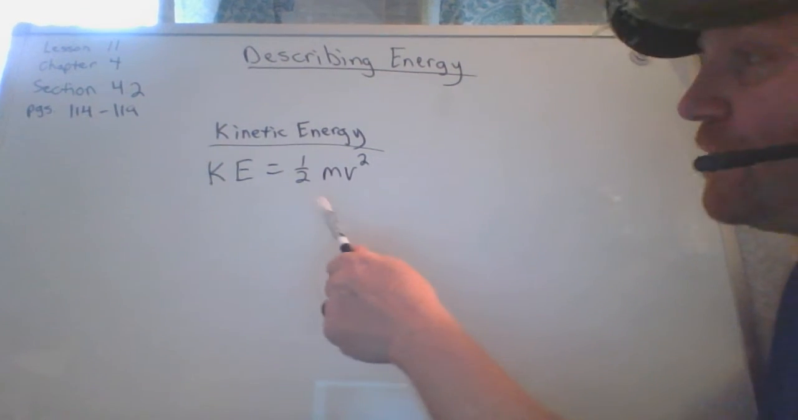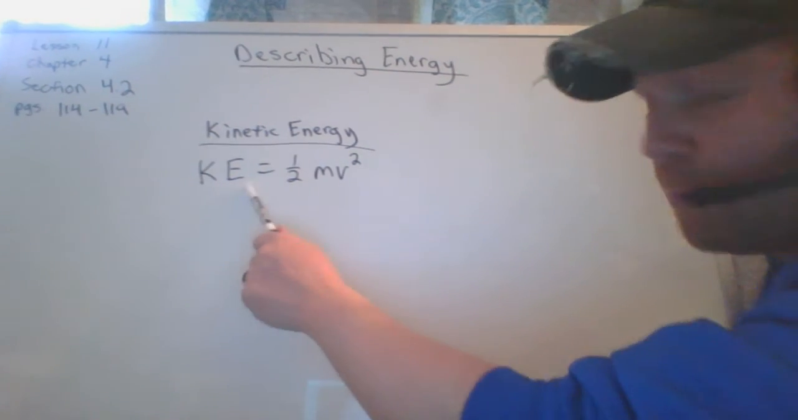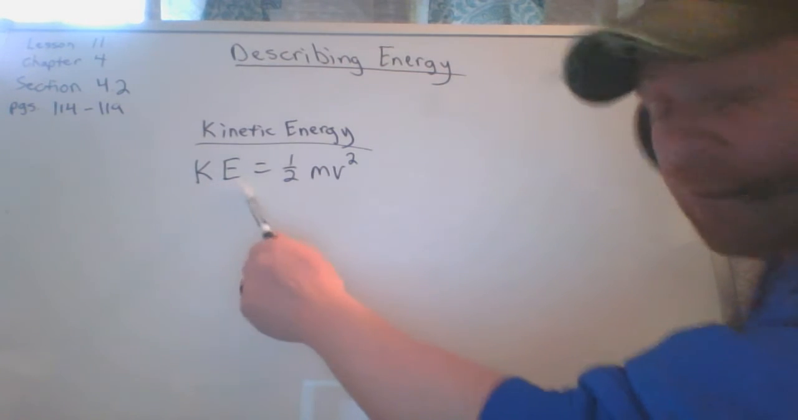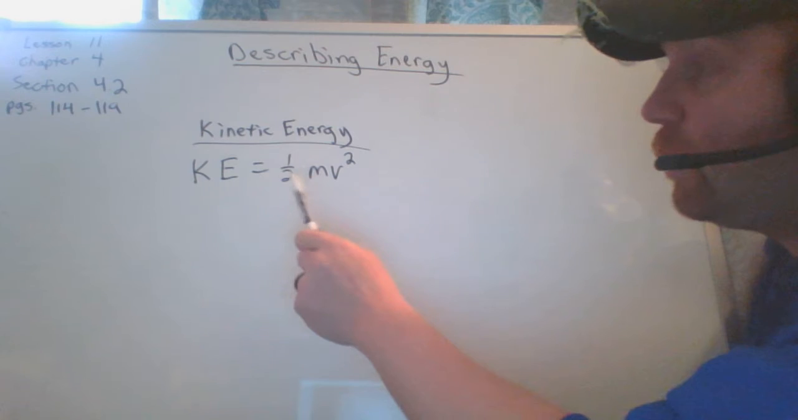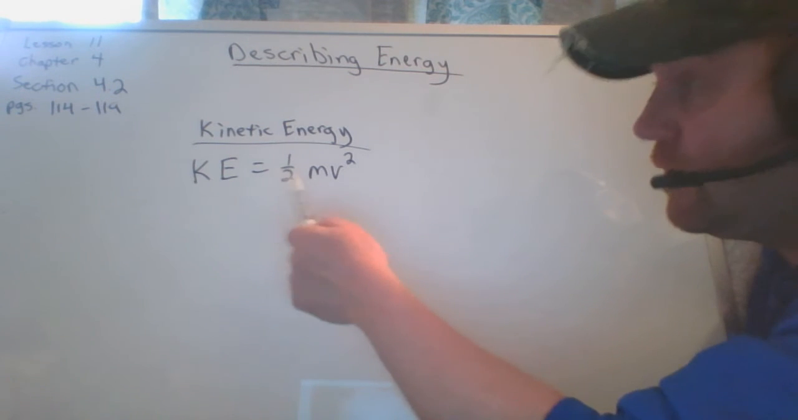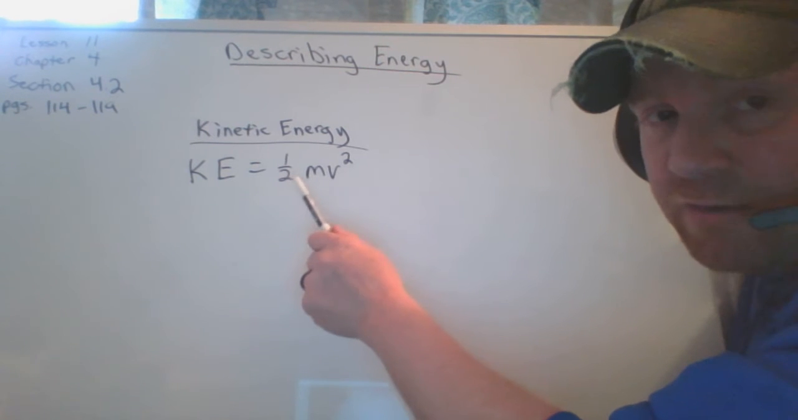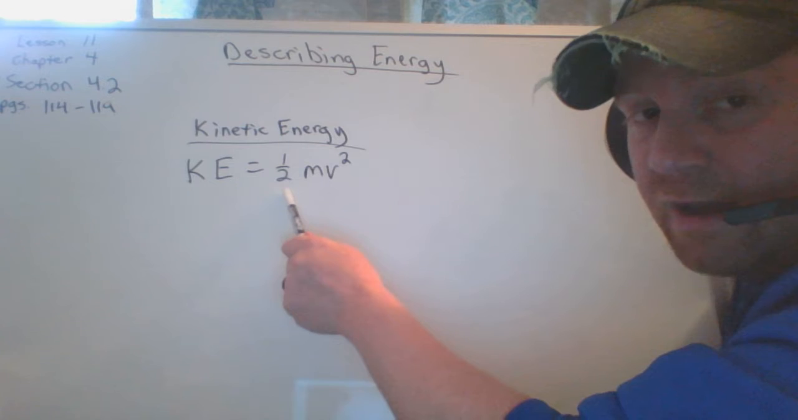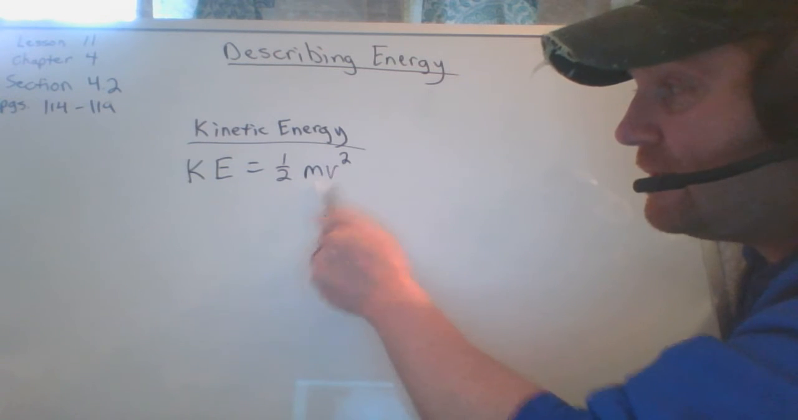So here's the equation to describe how to calculate kinetic energy. Again, kinetic energy is energy in motion. We abbreviate it as KE. The equation is kinetic energy, which is going to be measured in joules, equals 1/2. You can also do 0.5 if you want to go that route. I like decimals better than fractions sometimes, but your book describes it as 1/2 times the mass and the square